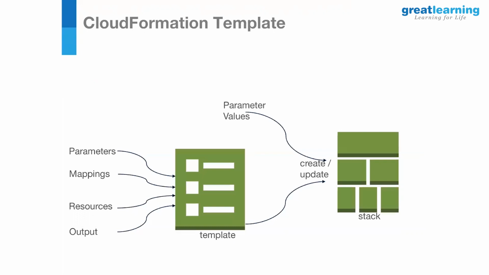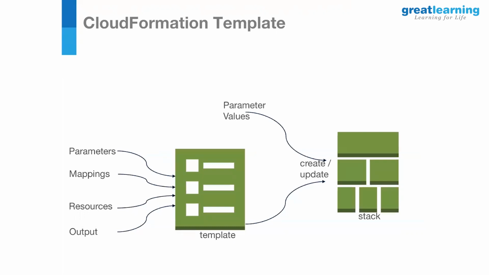And the mappings, assume an example. If you wanted to specify a specific AMI, Amazon Machine Image, as a parameter. This AMI differs from region to region, right? If you have configured and created an AMI template and kept it in one, probably Mumbai region, you might have replicated it to US East, West, or Singapore region for different reasons. So here in this mapping section, you can mention the region and the corresponding AMI to be used.